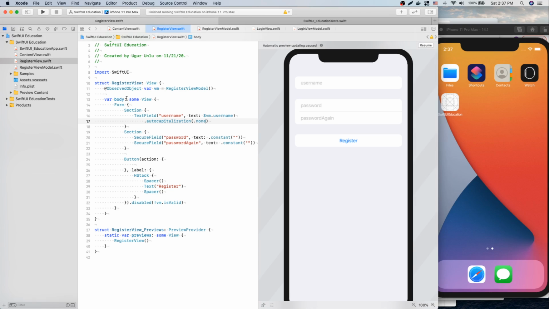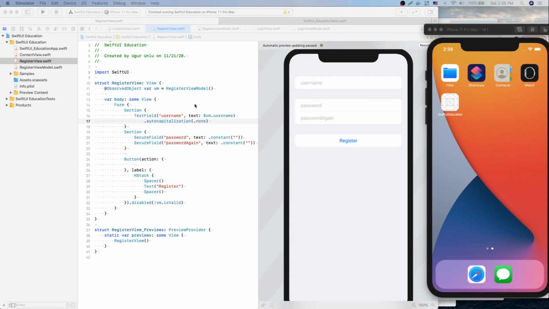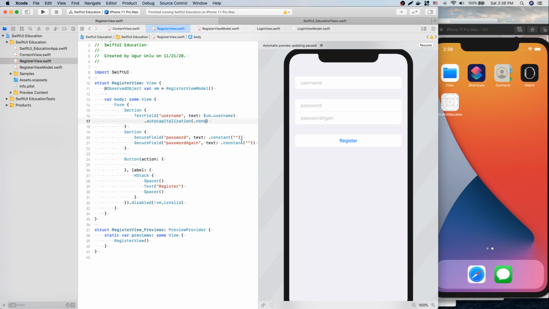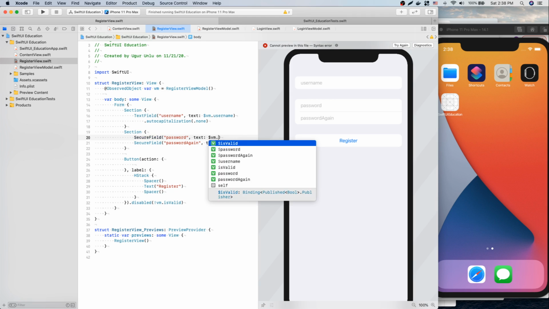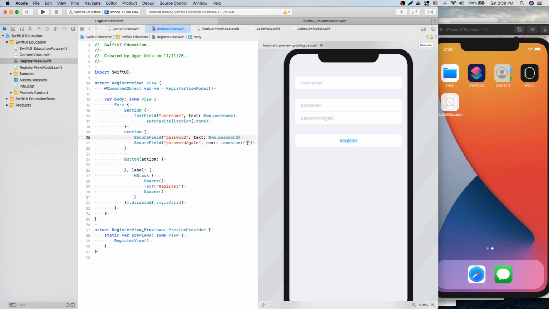Now we can bind the password and password again fields. Now it is time to bind our password and password again fields to our UI and add the logic in our view model. Let's delete this placeholder constant with password. View model password, and the same for the password again field. This time it is